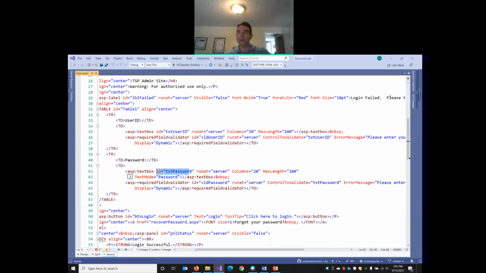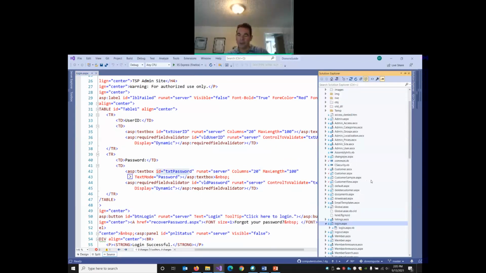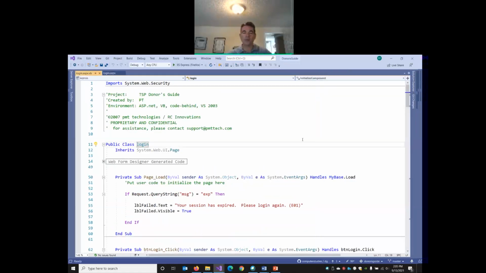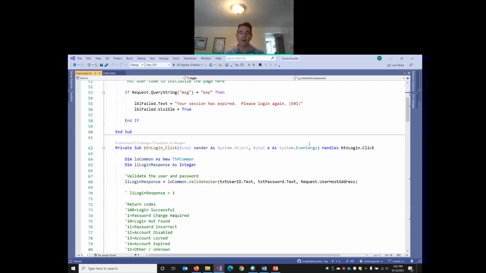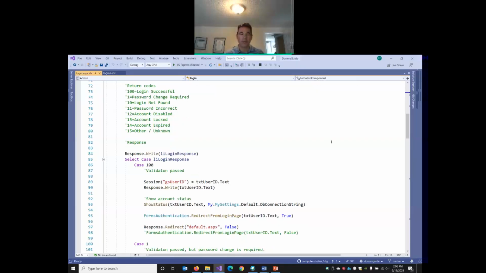So there were two parts to these files. There's the ASPX file that holds the HTML with these special ASP tags. And then the server-side code is written in VB. So there's a file called login.aspx.vb. So it's like a twin, a matched file that contains all of the server-side code. So all the server-side code in Web Forms was separated out from the HTML,